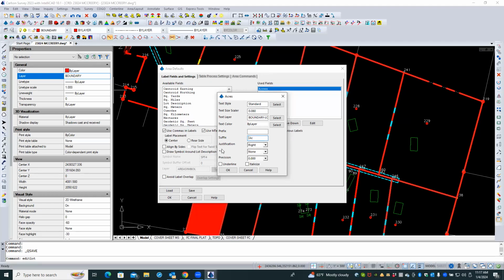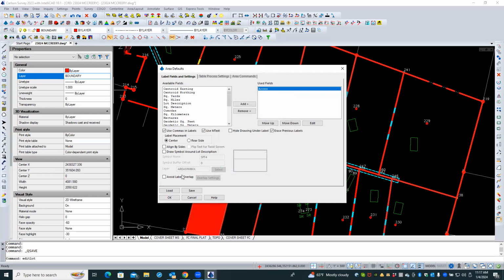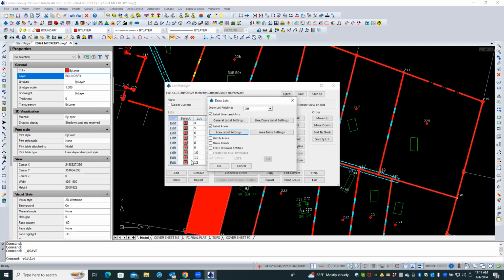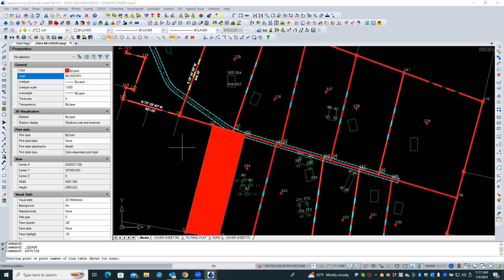Do you want a plus or minus? Nope. And 3 or 4 decimal? Three, what they like. Nope. And then for tables, we shouldn't have to use tables for that. Okay, commands. No, it should be all right. All right, so now